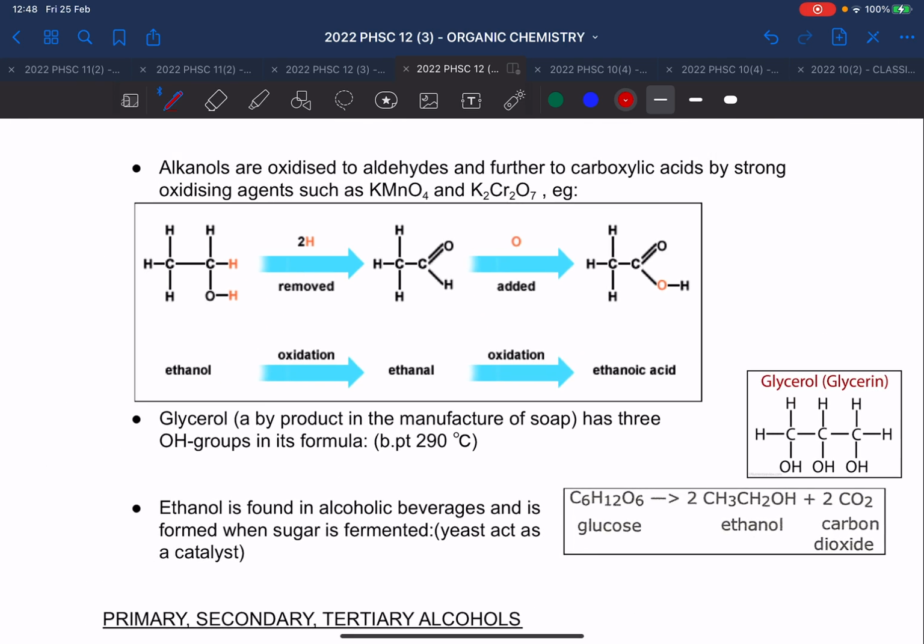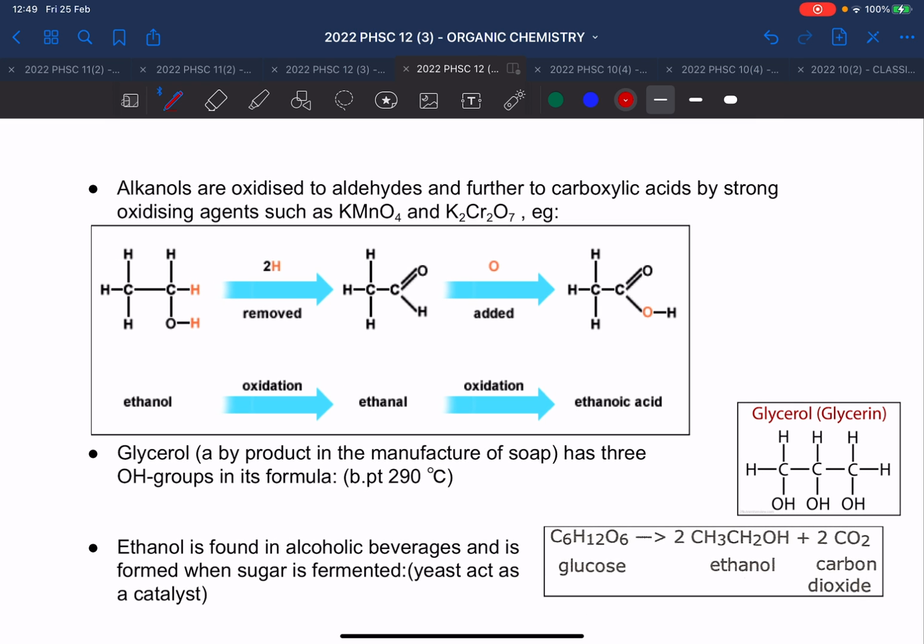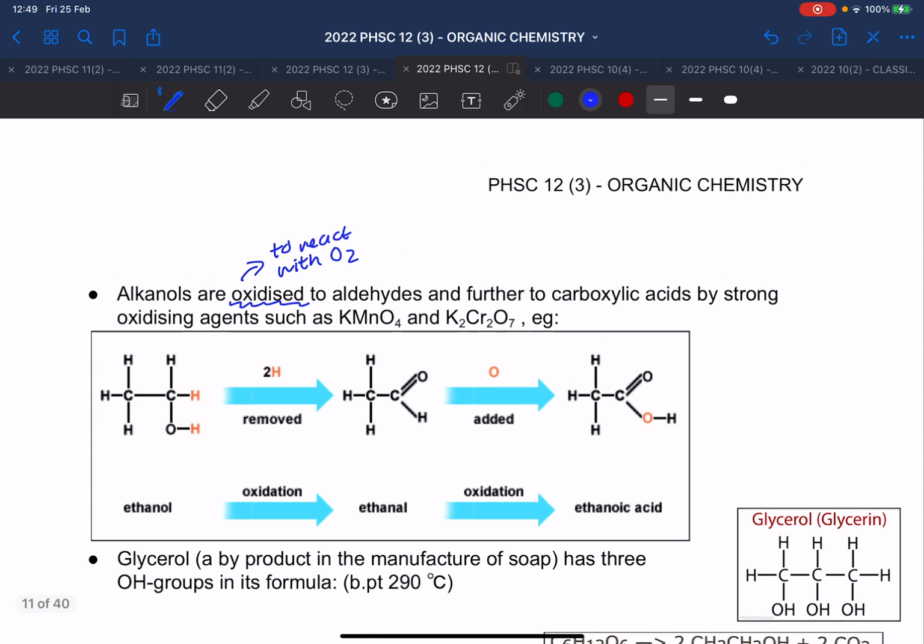Alright, so let's go on to the next page. Alright, now it goes on. It says, alkanols can be oxidized. Now the word oxidized means to react with oxygen, or, in your head, it's not formal, to make oxygen